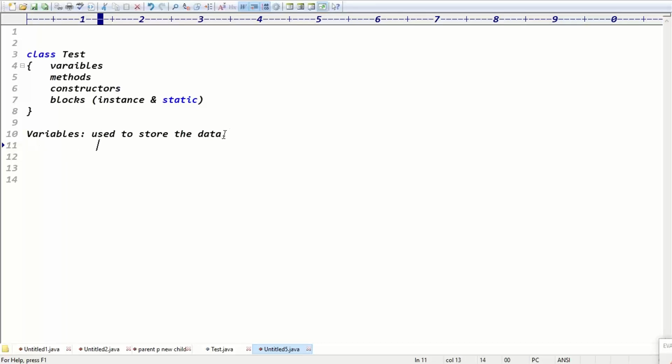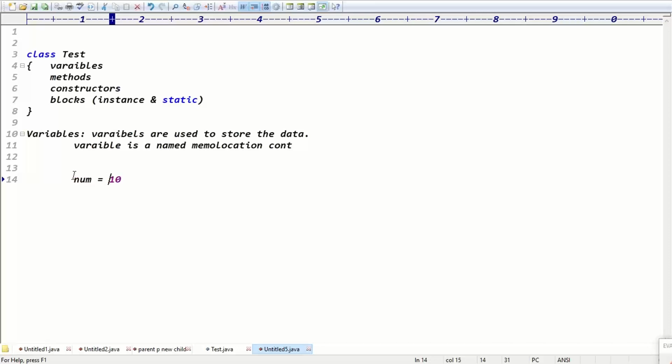It's a fixed memory location, guys. Variables are used to simply store the data. Next, a variable is a fixed memory location that contains the value. A variable is a named memory location, because we have to store the value in the memory, say 10. This memory name is nothing but the variable, right?